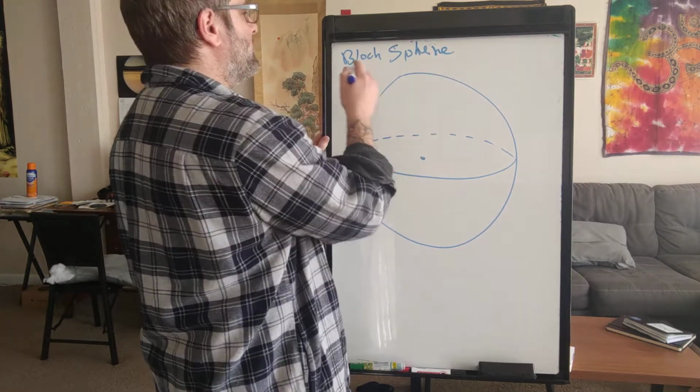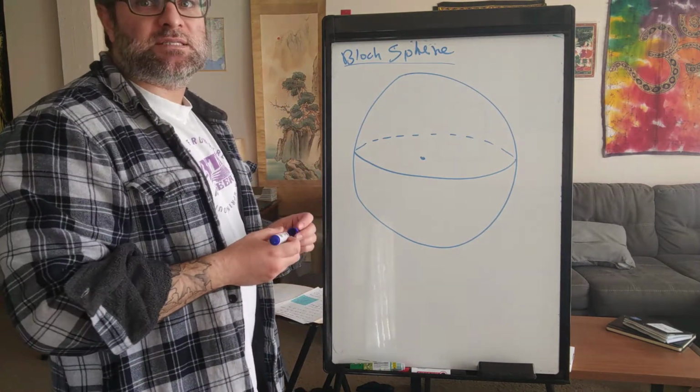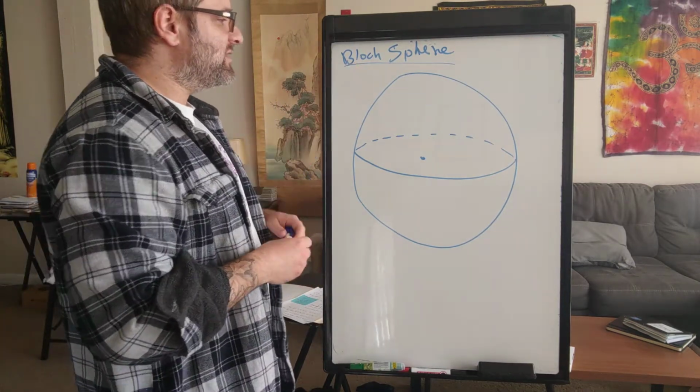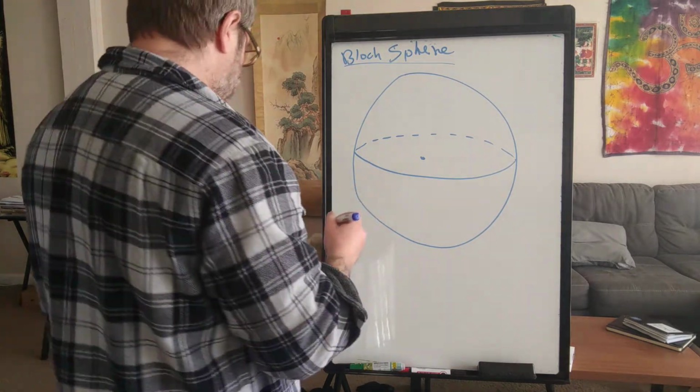It's named after some guy named Bloch, B-L-O-C-H. There are several physicists named Bloch. I forget which one the sphere is named after. But suppose we have some quantum state, it's unknown,